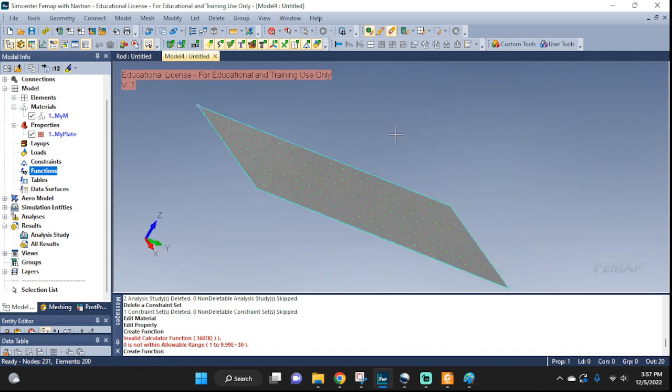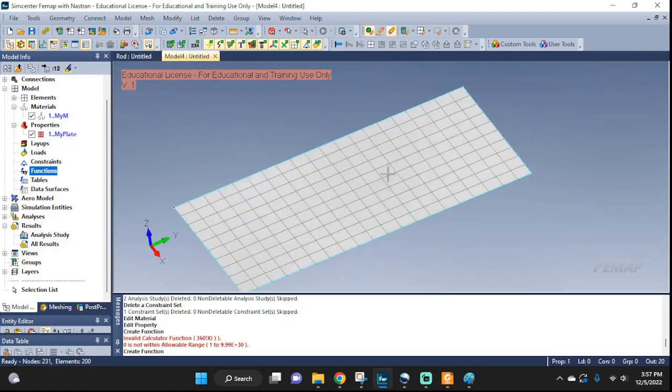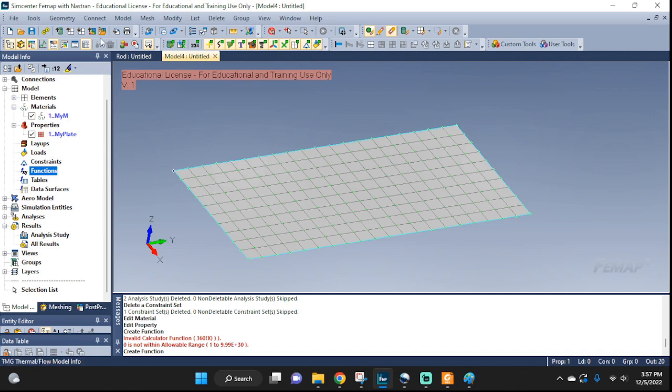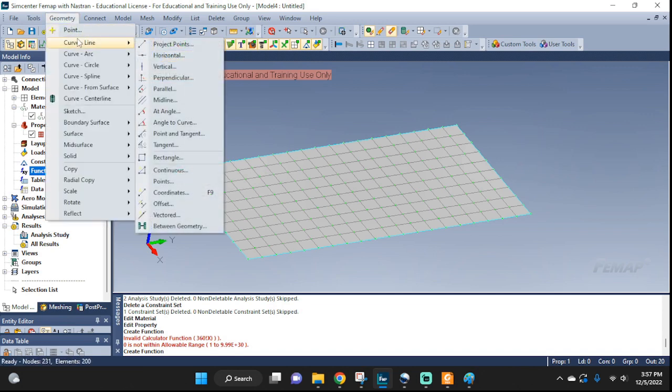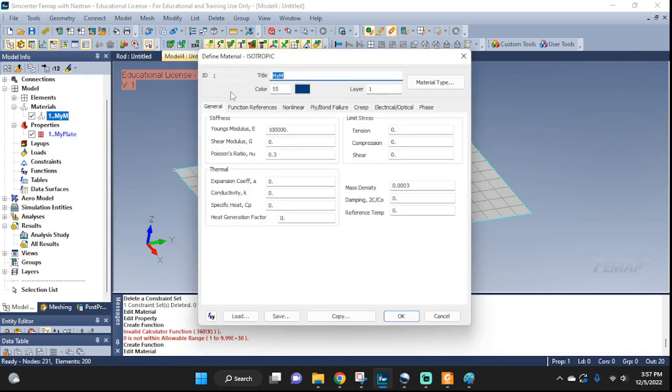I set up this plate already. If you don't know how to do it, go check out some of our earlier videos. This is a simple geometry with lines, a rectangle. One side is 10, the other one's 20. I set up some material properties. You can go in the edit and let's take a look. I only entered E, the nu, and some density,